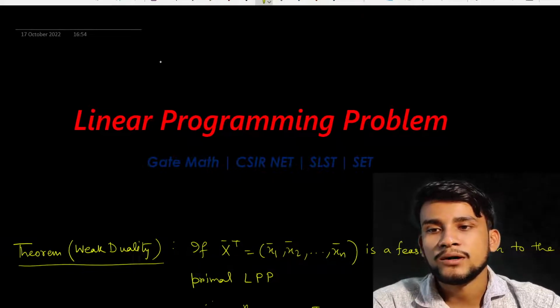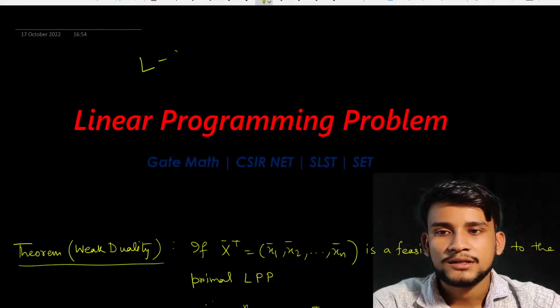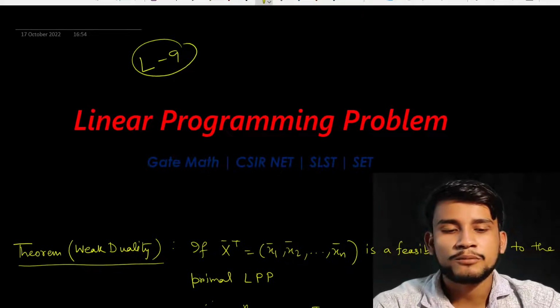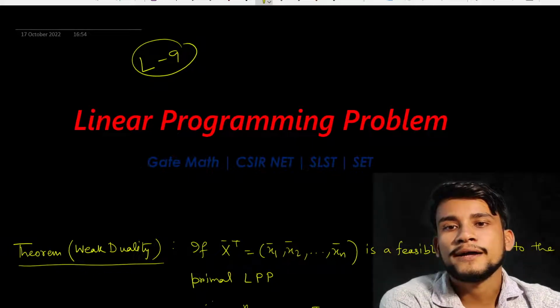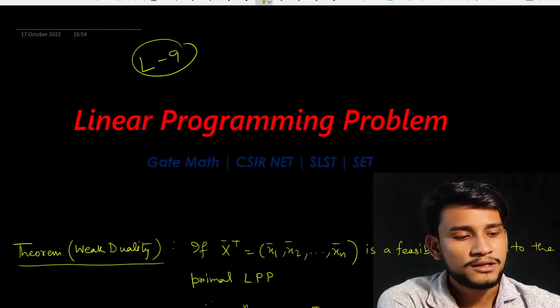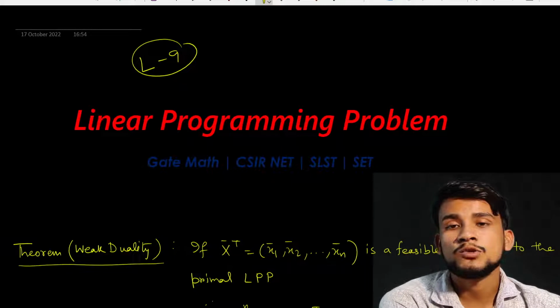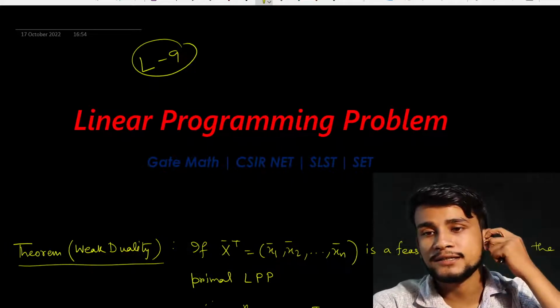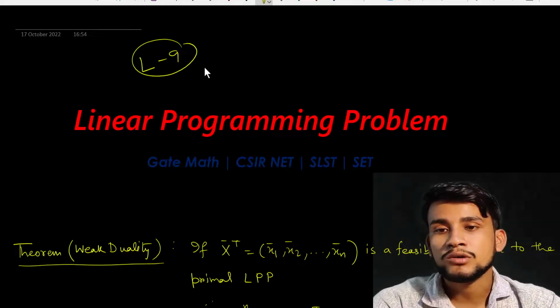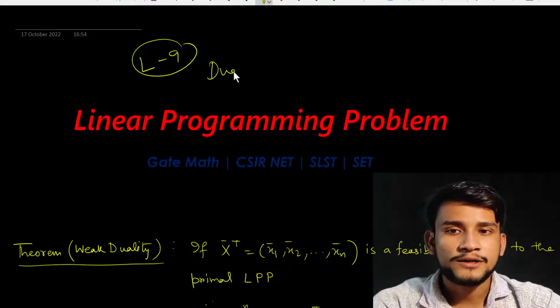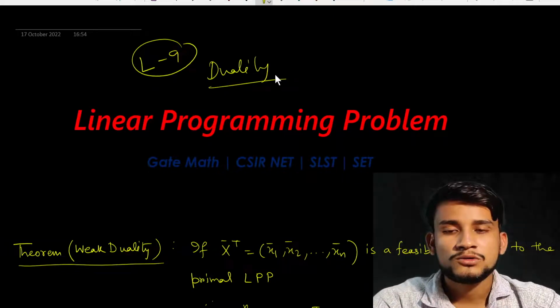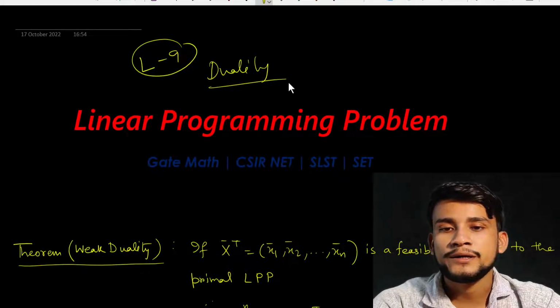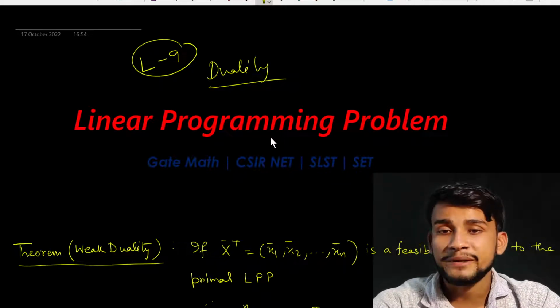So this is our lecture 9 of linear programming problem. In the 8th lecture we discussed the dual problem, that is the duality in linear programming, and in this lecture, lecture 9, we continue the duality of linear programming. Duality of linear programming is a very important concept, and based on duality